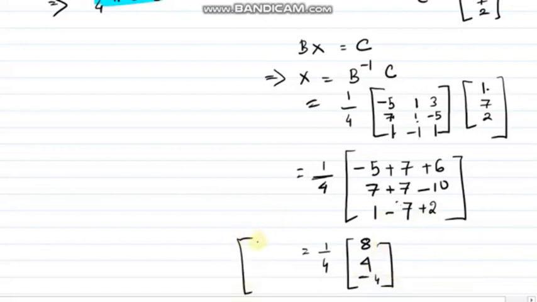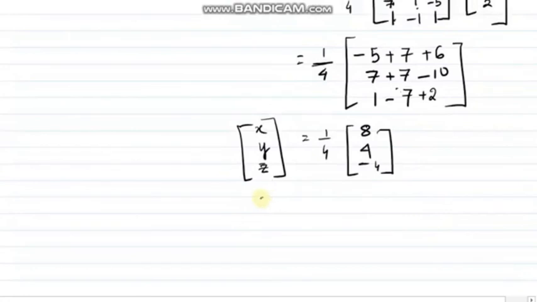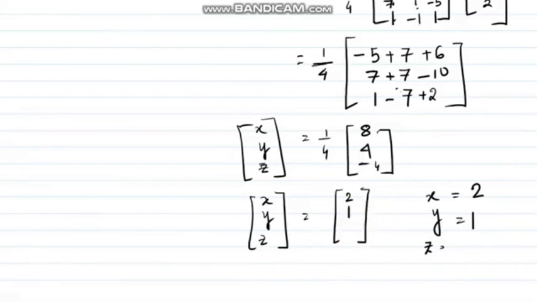What was your X? The X matrix was X, Y, Z. I forgot to mention something in the last video. After solving this, please put the value in one equation and check whether it is satisfied or not. This will help you fetch the marks. So I am dividing 4 inside. So X is equal to 2, Y is equal to 1, and Z is equal to, I just made one more mistake, 4 minus 4, it is -1. So I am just writing it clearly. So Z is equal to -1.